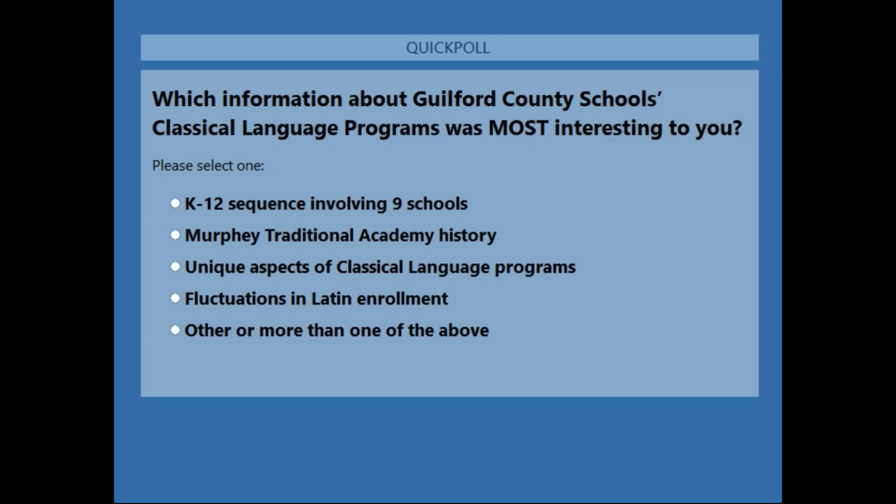One thing that's coming in from our question box right now is the fact that in Latin and classical languages, as well as in modern languages, many of our teachers who love teaching teach face-to-face, as you're seeing here in Guilford County Schools, as well as online through the North Carolina Virtual Public School, or NCVPS. We'll probably hear a little bit more about that as we move on, but I wanted you to be aware of that as an opportunity for building language teaching skills, as well as reaching out to new student groups.